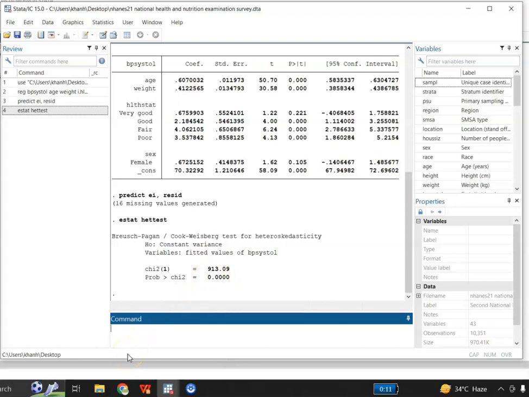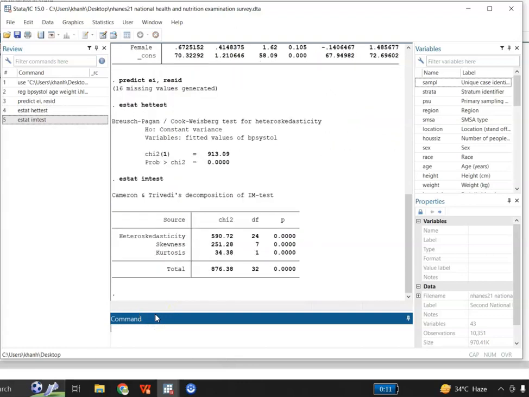After this, I can also test for IM test. Estat imtest. This is the IM test, that is Cameron and Trivedi's decomposition of IM test, and this heteroscedasticity test also shows the p-value is insignificant, skewness and kurtosis is also significant, so there is a heteroscedasticity issue in